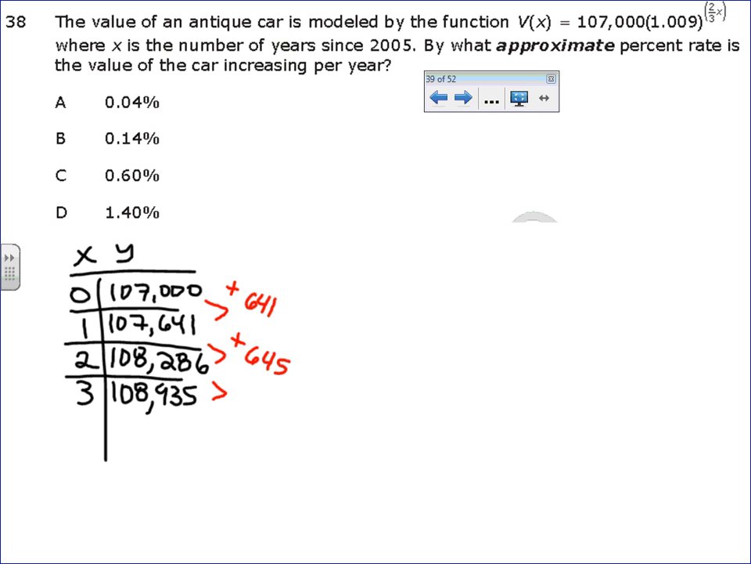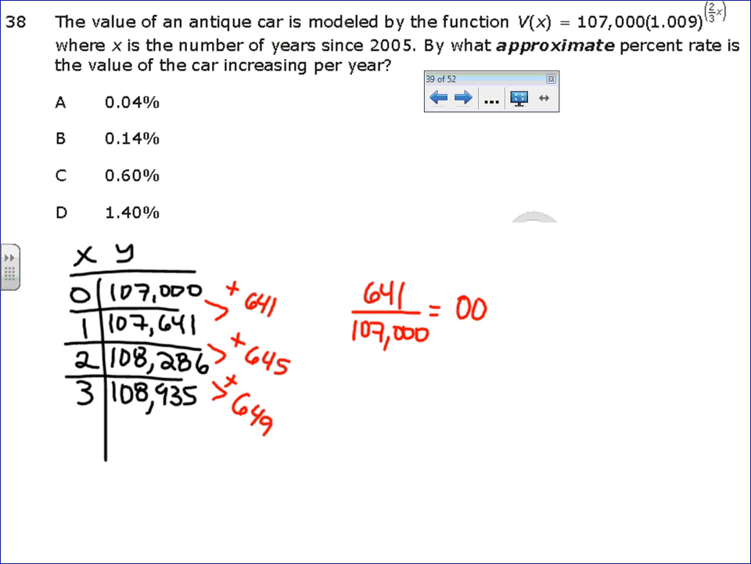From here to here, it went up 649. Now, obviously, I'm not expecting it to go up the same amount because it's exponential. Okay? And then I said, okay, well, if they're asking me for the percent that it's increasing, I figured out, well, I could make a fraction. This is how much it went up from what it started from. So I said, okay, well, if I take 641 and I divide it by 107,